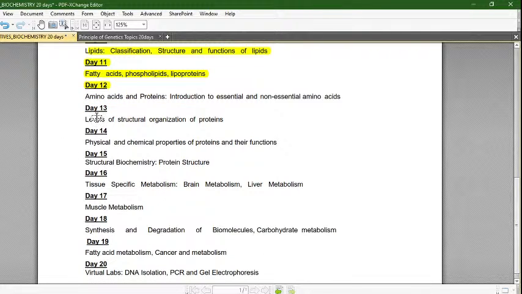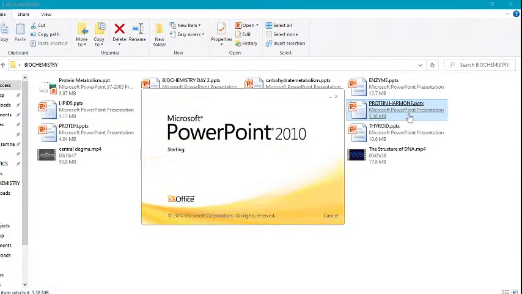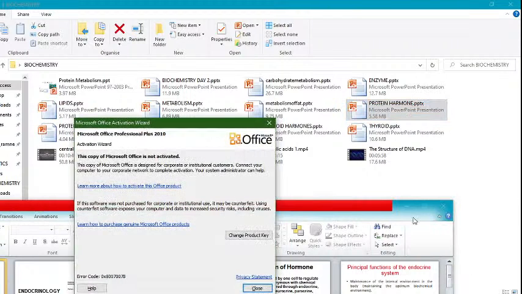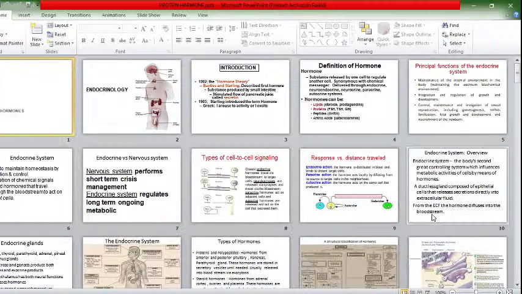So let me share the PPT. Because the protein part is very important, let me show you the presentation. I think we did not complete it yesterday. Some of the part is left. Let me check it. So we have done,